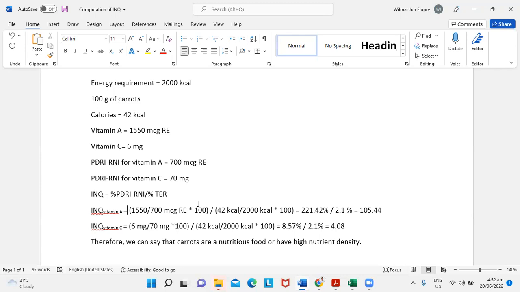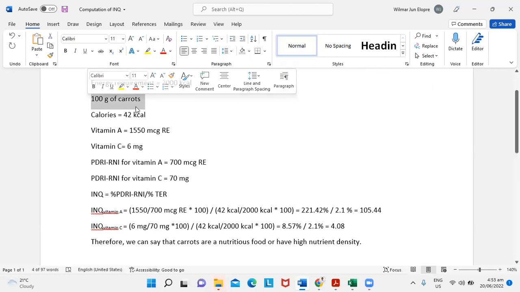Its nutrient density would be lower in that case. We want our food items to have a lot of micronutrients compared to their calories, because that's the only case when we can say that a particular food item is technically nutritious. That's why we need to consider the energy requirement of the person. This also means that the person needs 2,000 calories per day. So we have a sample energy requirement,